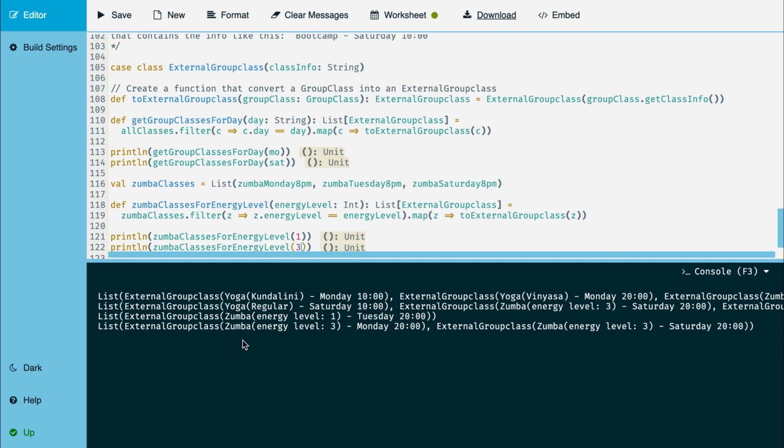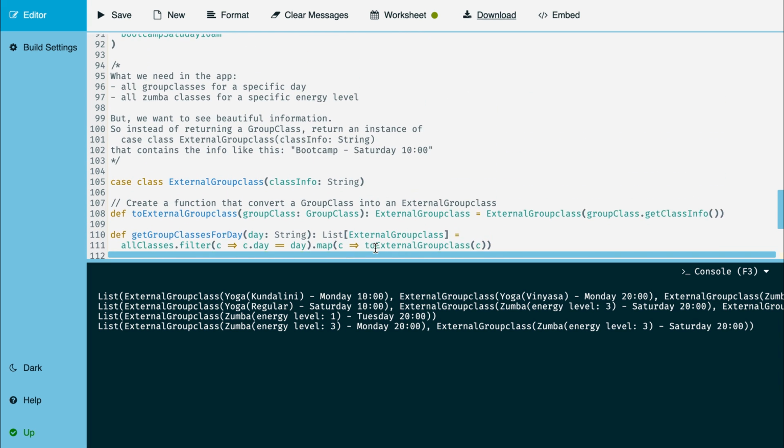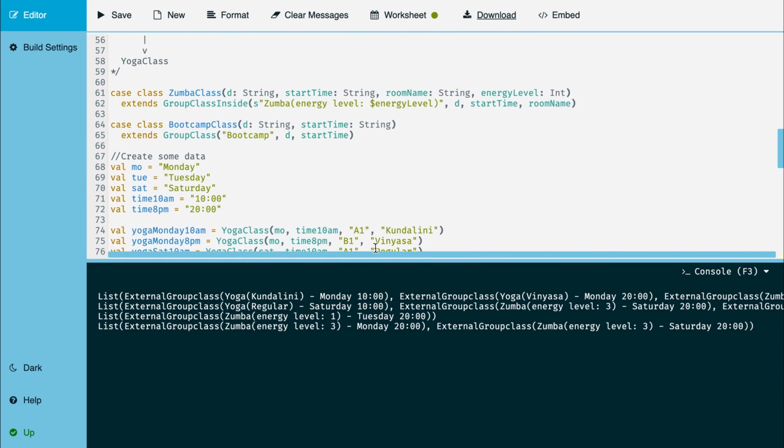And it gives us 2 Zumba classes for energy level 3. And as you can see, it's being returned as an external group class exactly as we wanted. Okay, now there's one final detail that I also want to give to you, and that is if we go up,